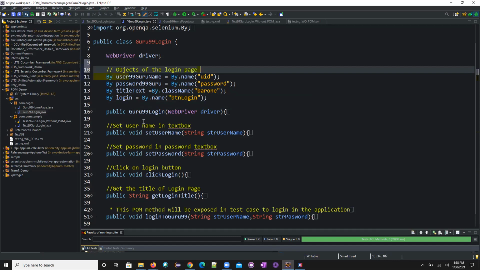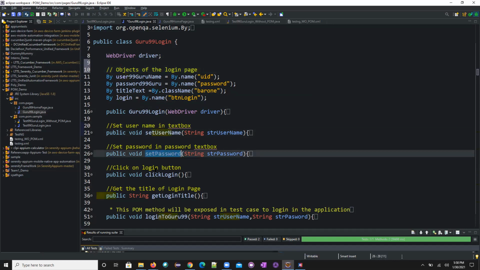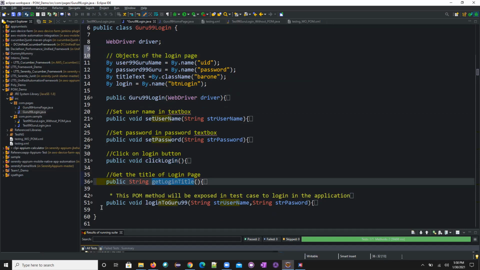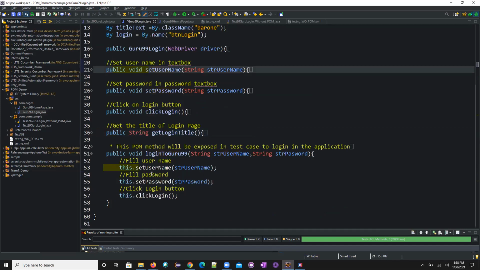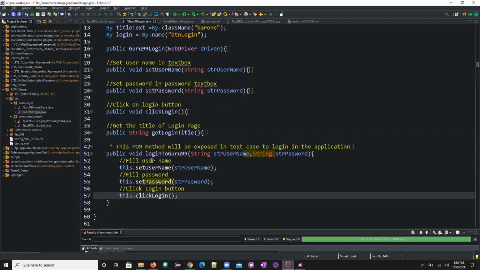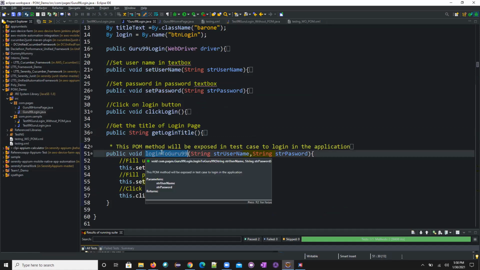Now, if you see here: set username, set password, click login button, get the title. For doing the login, we are calling these methods: set username, set password, click login. I'm just calling this login only.